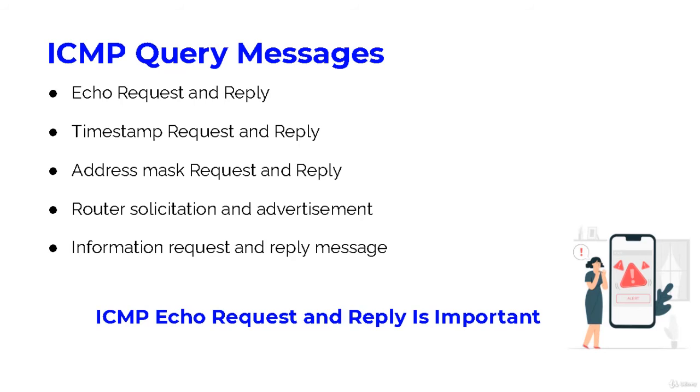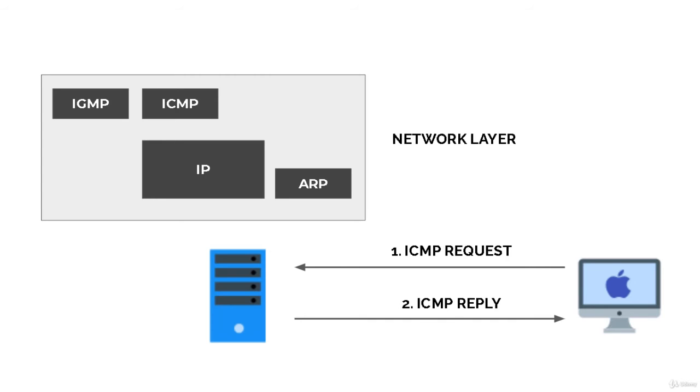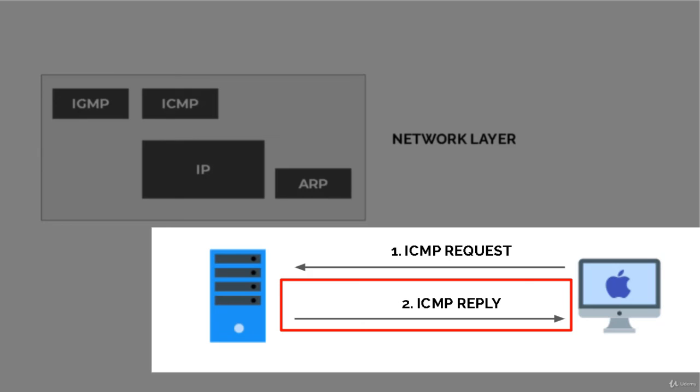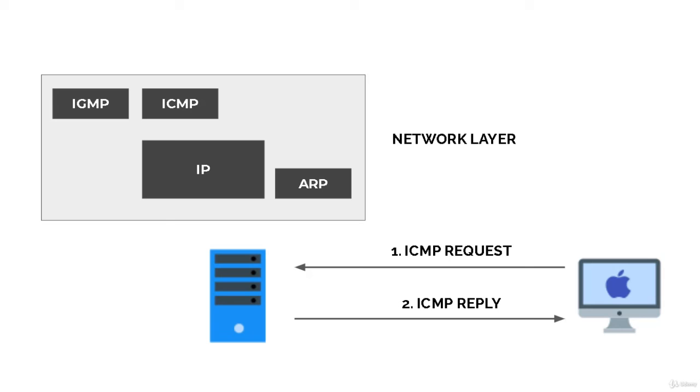A host or a router sends the echo request message to another host or router it wants to communicate with. The host or the router which receives the message replies back with an ICMP echo reply message and sends it back to the original sender. We can also use the echo request and echo reply pair to determine if IP level communication is present or not. So you can see the client sends the ICMP request message to the server and the server replies back with an ICMP reply. ICMP also works together with IGMP, IP, and ARP in the network layer.